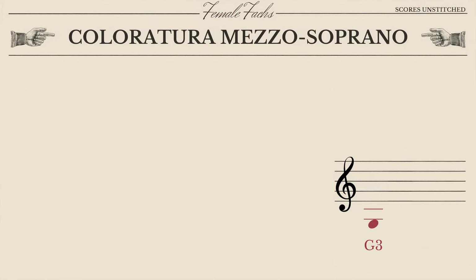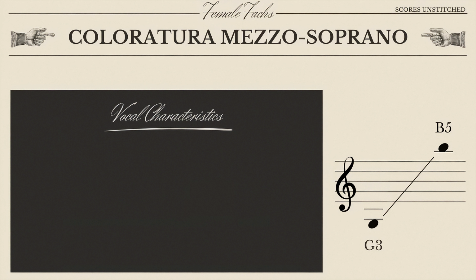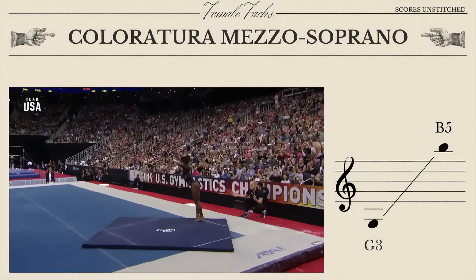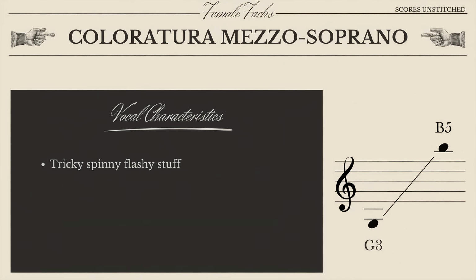So for this particular type, their range is from G3 to B5. Still in the realm of athletics, but here we're thinking less rhythmic gymnast, figure skater, more gymnastics. We're thinking like Simone Biles of opera singers. These were parts that were originally written for altos who had an extended range, what we would call secure high notes, meaning they can reliably and easily hit them, and it sounds like it's part of their voice.